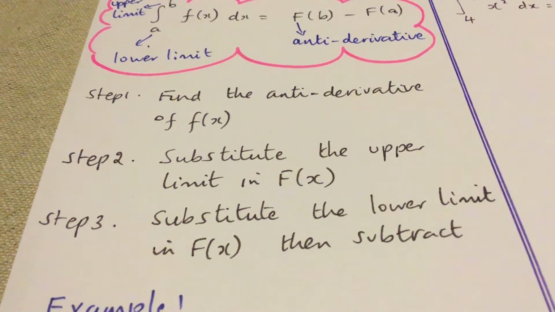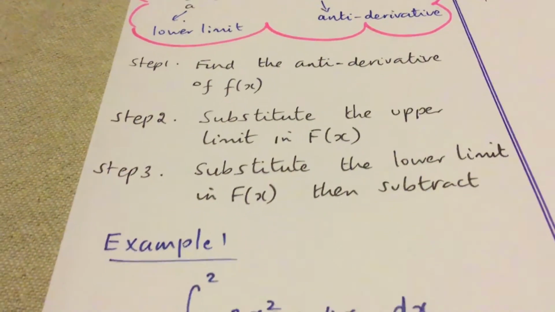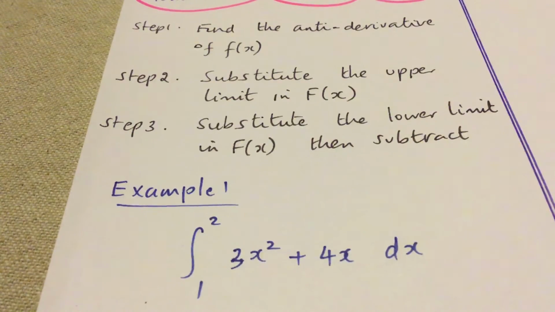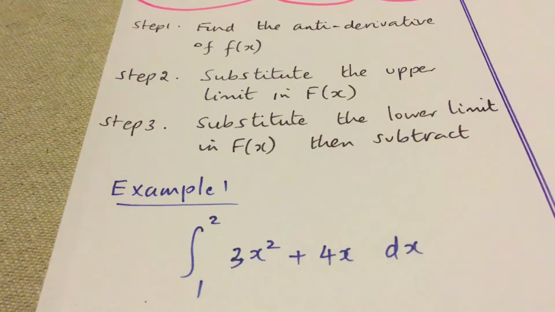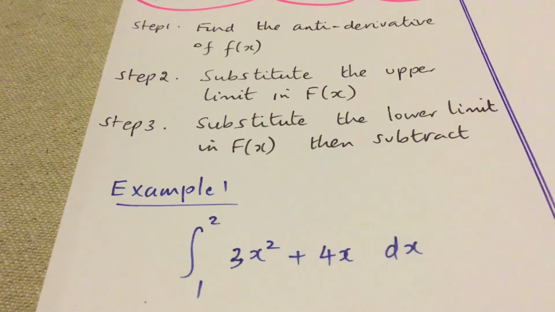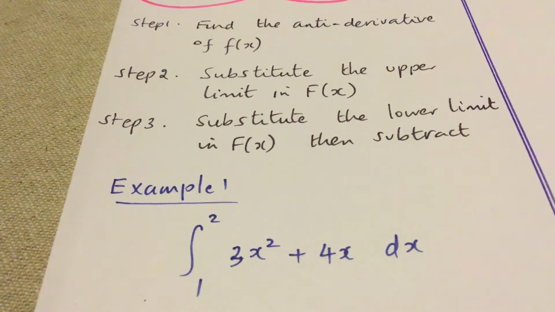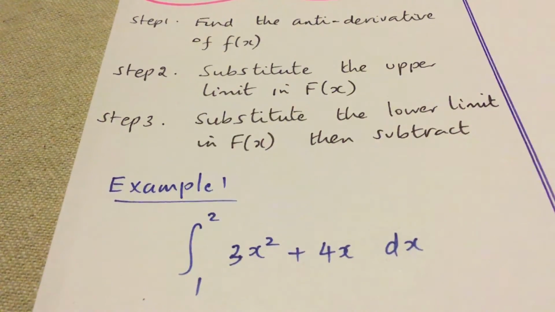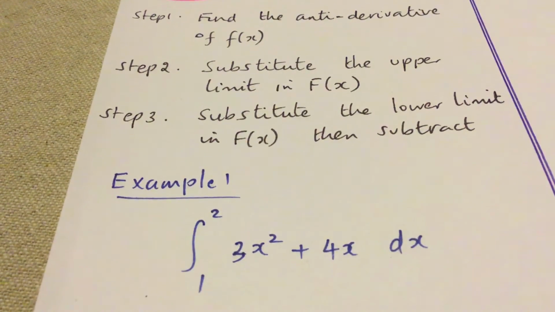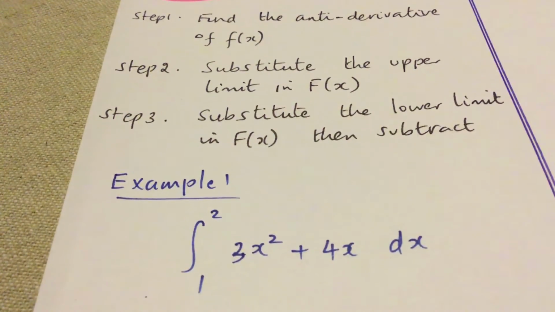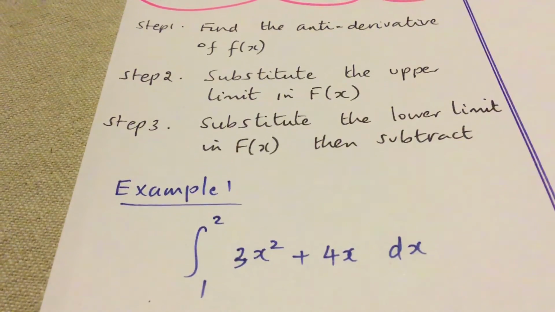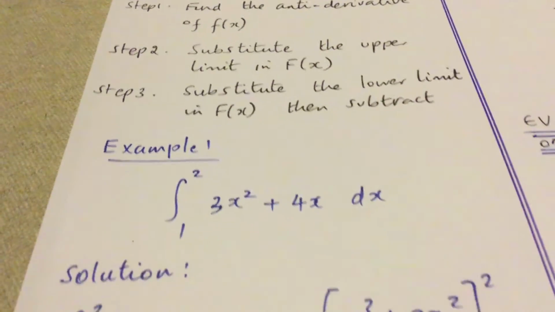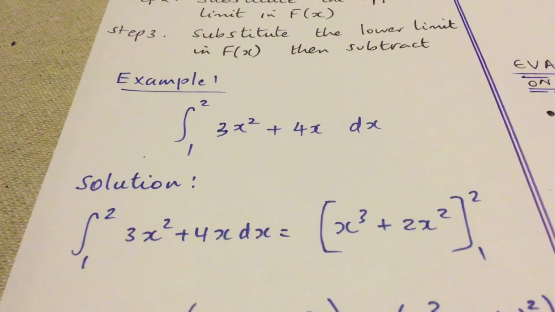Let's make it clear by taking one example. Example 1: you want the integral of 3x squared plus 4x from 1 to 2. So this is a definite integral from 1 to 2. 1 is the lower limit and 2 is the upper limit. So the first step is to find the antiderivative of 3x squared plus 4x, which is x cubed